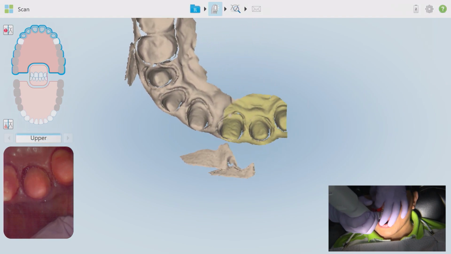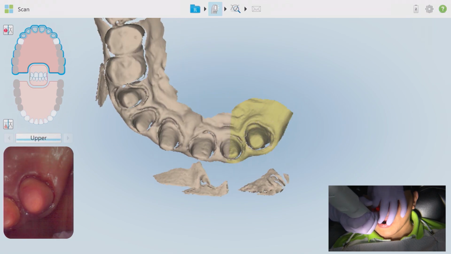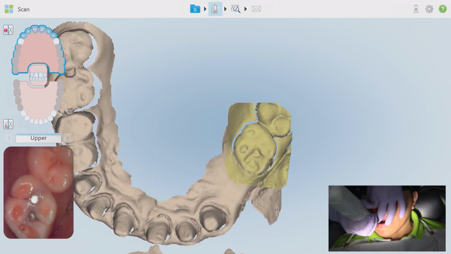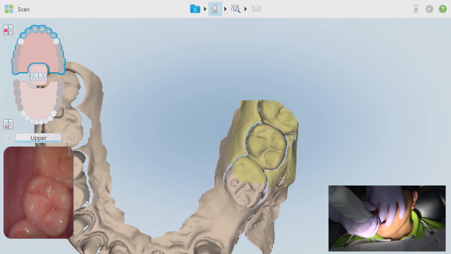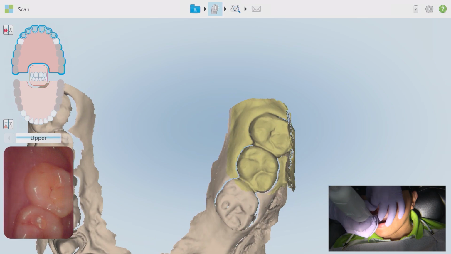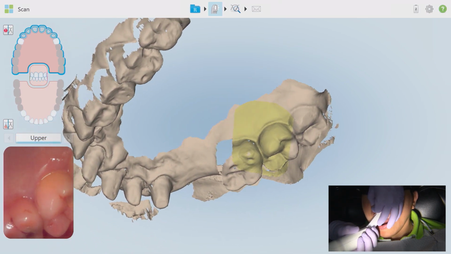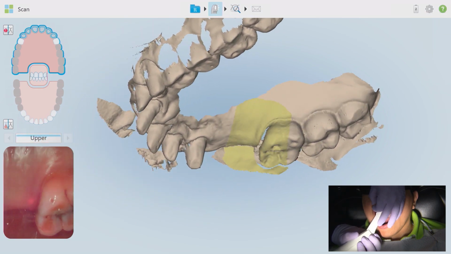Always start distal to the most posterior tooth in the arch and on either side that you feel most comfortable. Scan the occlusal surfaces. Angle slightly lingual on the anterior and then reach the same distal destination on the contralateral side. If you are proficient enough to continue the scan by rotating to the lingual, then it is perfectly acceptable